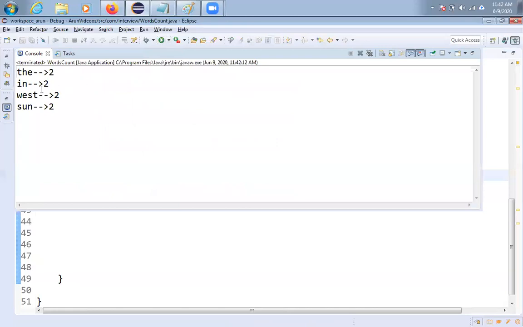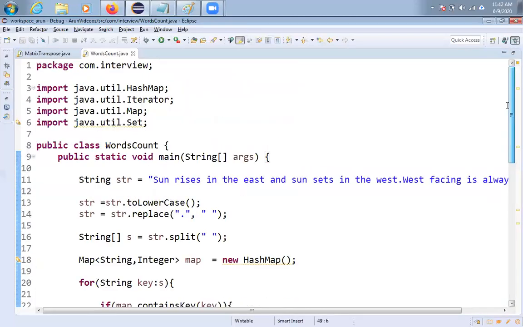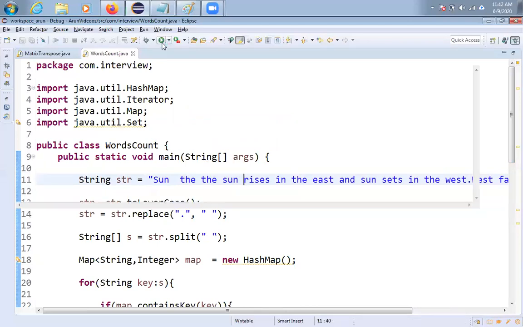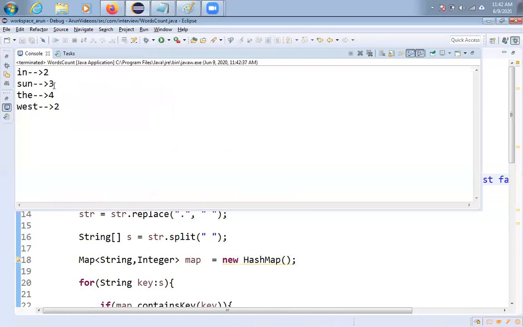So the, 2 times; in, 2 times; west, 2 times; sun equal to 2 times. Okay, let me check. Let me add a few more words. See, sun, the, and sun. Like I added sun one more time, the two more times. Let me show you the output, friends. Yeah, sun 3 times, the 4 times, west 2 times.